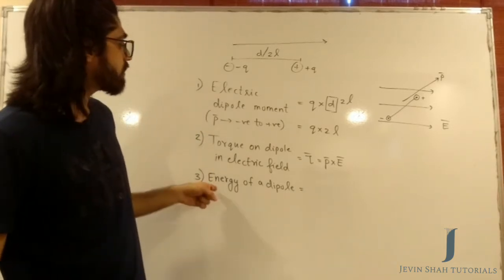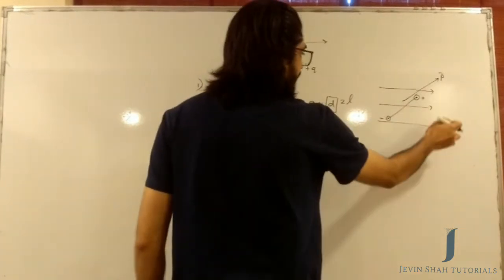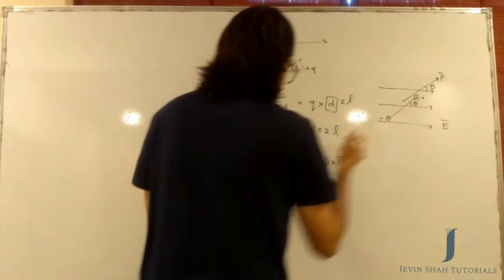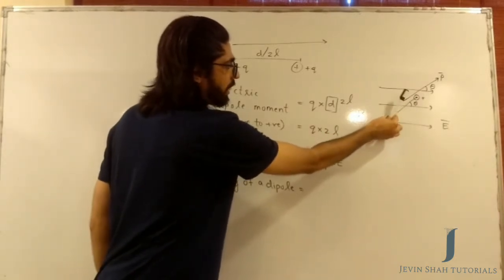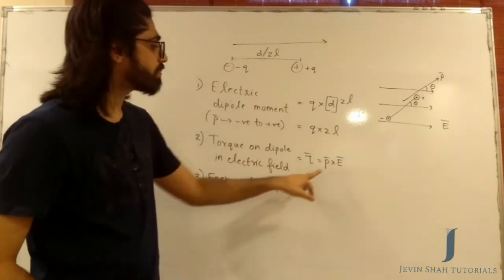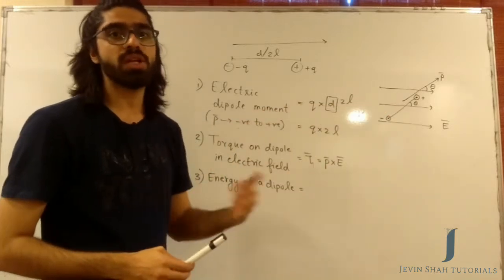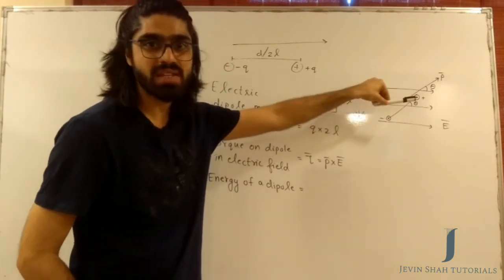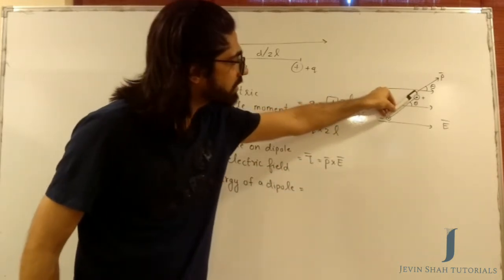Okay, now let's focus on the energy of a dipole. Say for example at this position where P bar was making an angle of theta with E bar, that is, the dipole was making an angle of theta with E bar. We are trying to turn the dipole against the torque like this. And let us say by applying a torque slightly higher than this PE sin theta. See, because we are turning the dipole against the torque, the torque that we apply should be greater than the torque which was trying to turn it here. The torque trying to turn it here was PE sin theta. So we will apply a torque slightly greater than PE sin theta, and that will make the dipole turn in